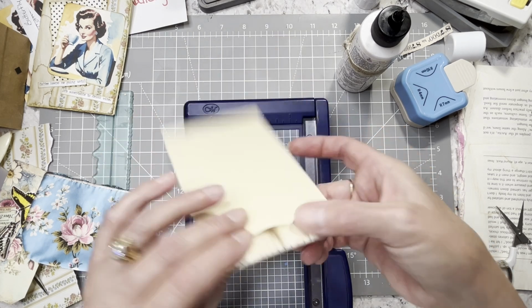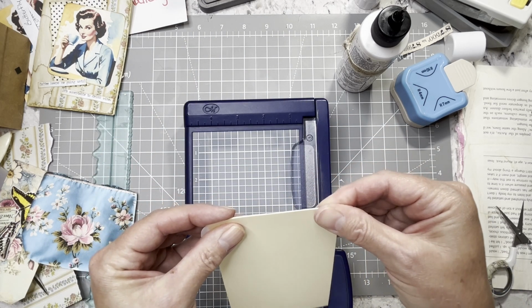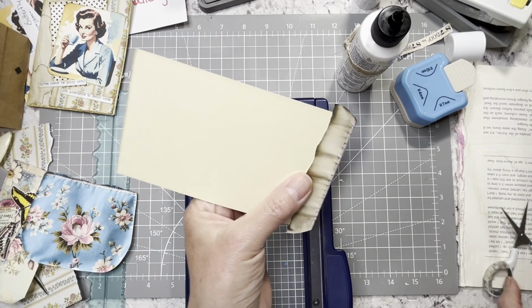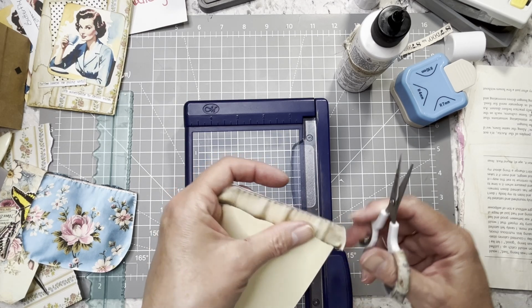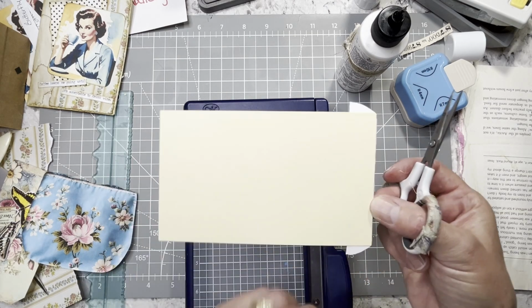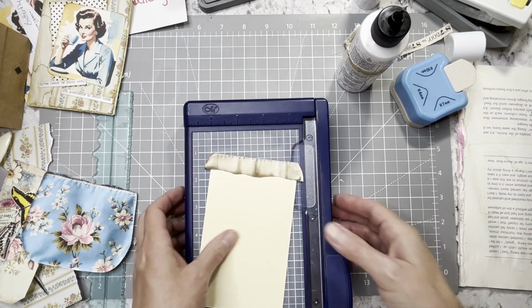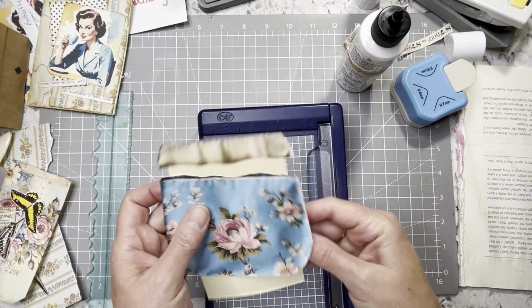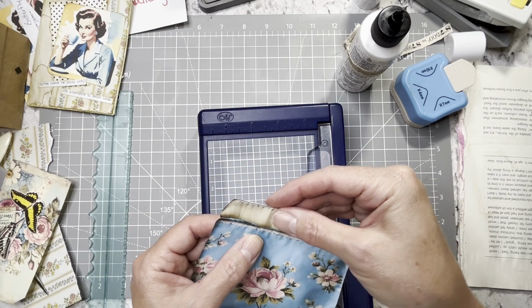And if my corners stick out, I'm going to just trim them. You don't have to do it all the way to the top like this. This is just how I want to do it. And I could be wrong, so that's for sure. No, wasn't sticking out, I just thought it was. Okay, and then when it goes back in here, like that,